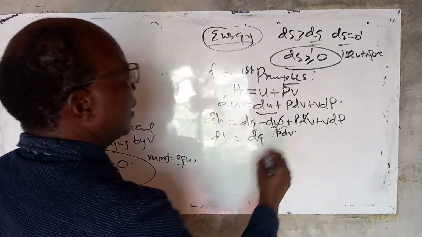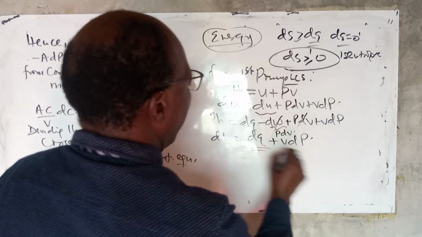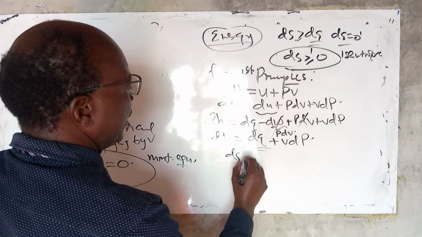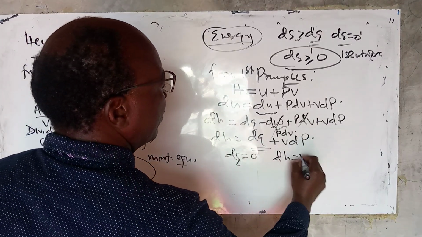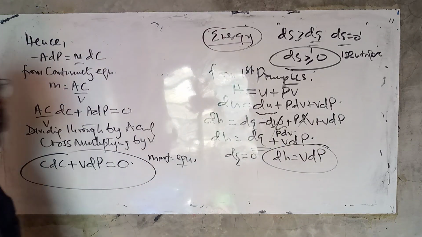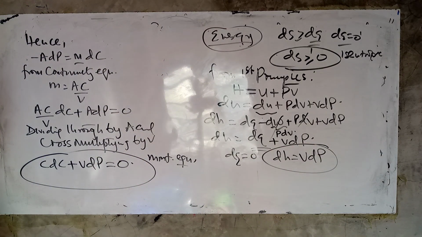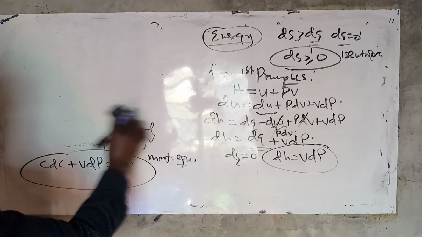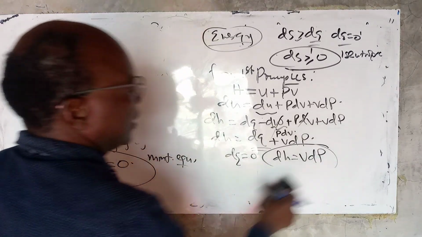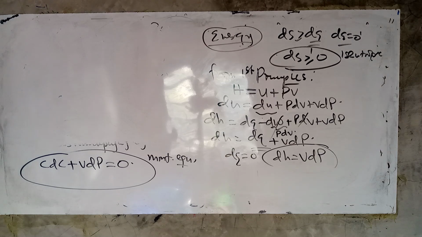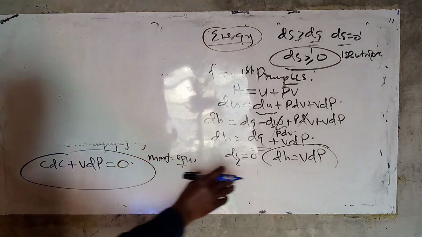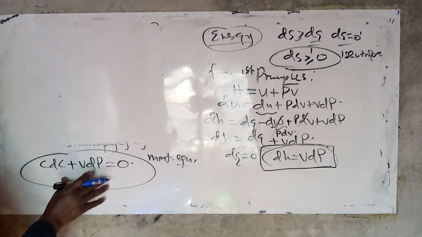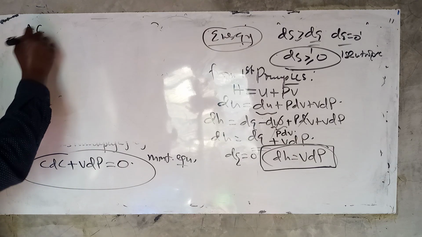So that cancels with that, plus VdP. And so, under adiabatic conditions, when dq is equal to 0, dh is equal to VdP. Remember that? We came up with that particular result. And so when we worked with this expression, and we worked with the continuity equation, AC over V